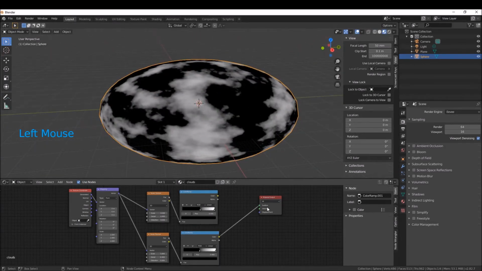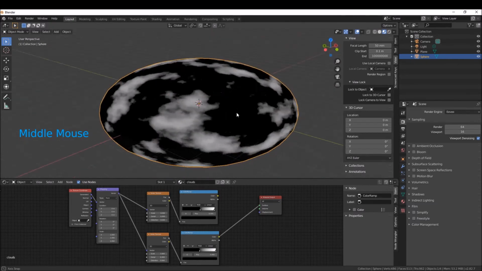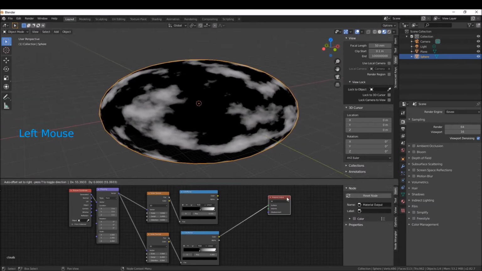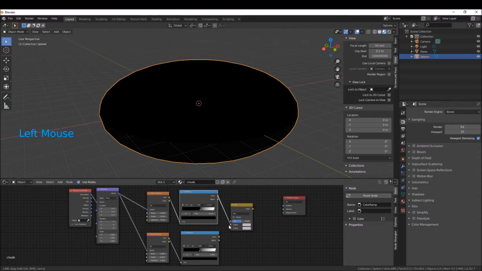If I plug the one into the top, you see that the clouds are a lot smaller, and if I plug this one into the bottom, you see that these clouds are much bigger. So now all we need to do is add them together. If I hit Shift A, how we're going to add them is using the mix RGB. We could use a mix shader, but at this point, really, we just want to mix colors. So we take the top one, which is our small clouds,